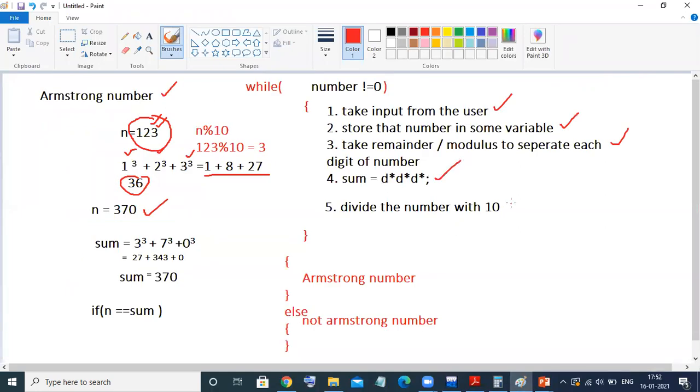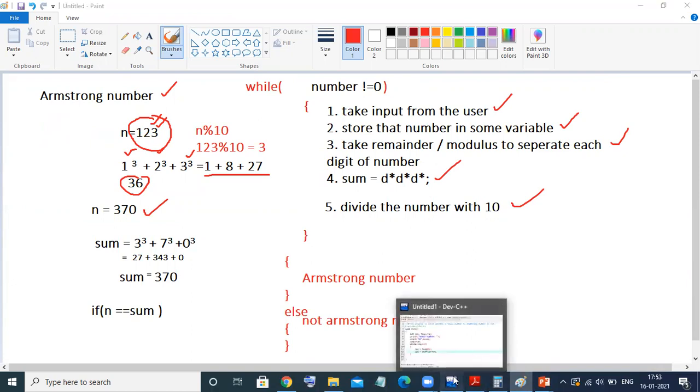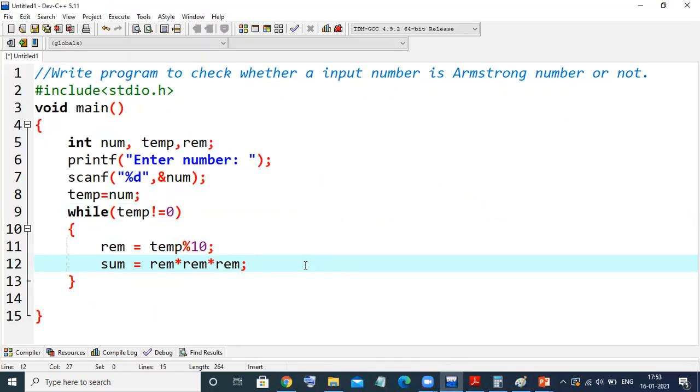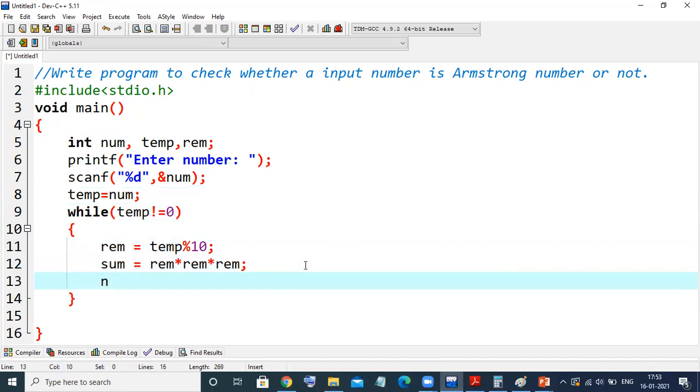After that, we need to divide the number to reduce it, right, by leaving the last digit. So how to do that? Here I'm referring to my number as temp only, so temp divided by 10. That's all. This loop will be iterated.